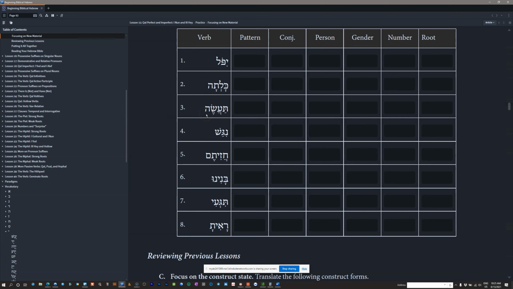How many do we have? 4. What's extra? Is the hey extra? Do we know of any conjugations that add a hey to the end of a root? Yes, the Qal perfect III-Hey does that. Okay, if that's what we have here, then our root would be tav, ayin,